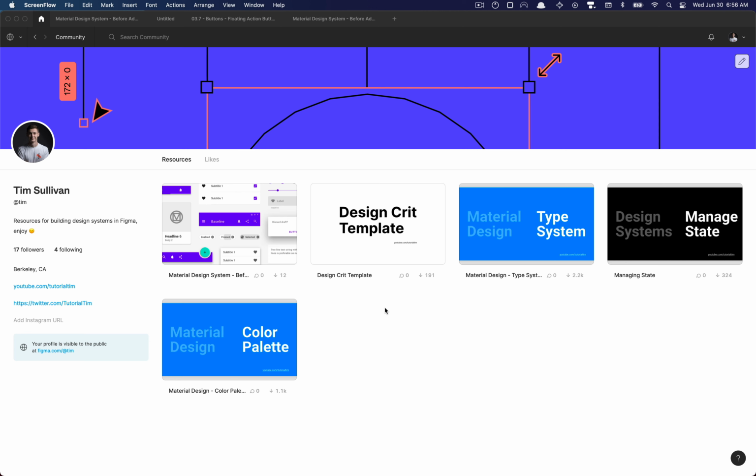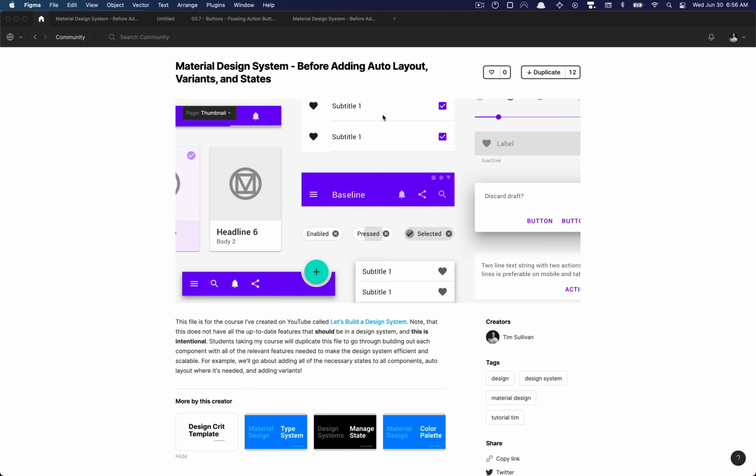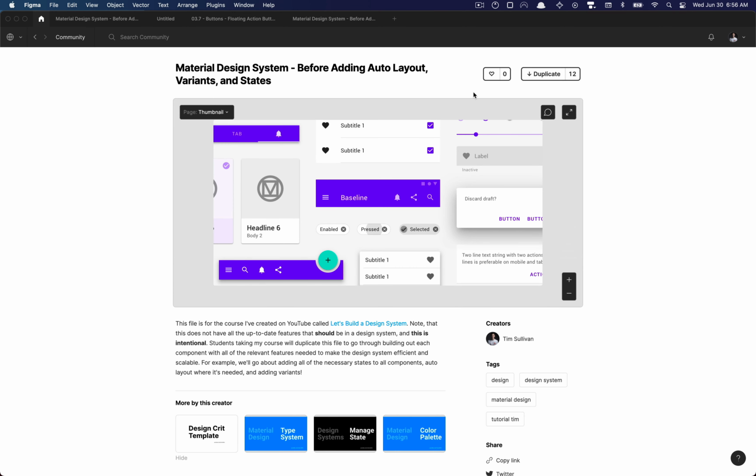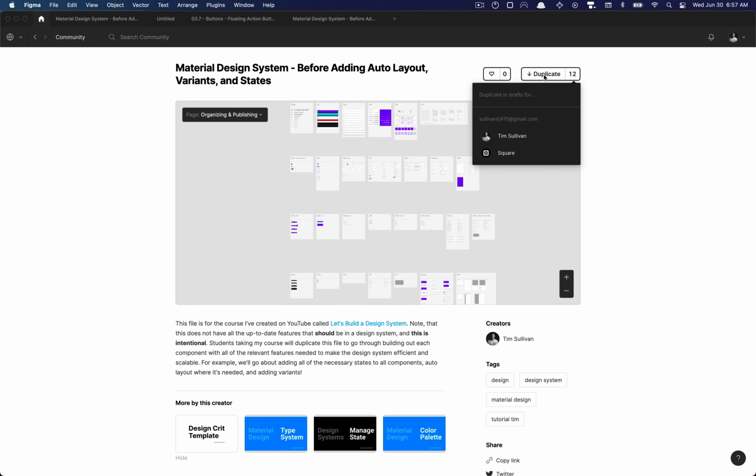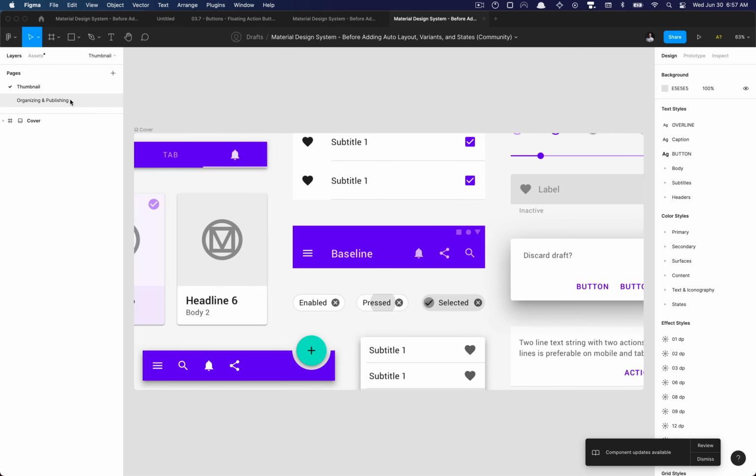Now, some things to note as we begin this part of the course is we'll need to have our file. So here you can go ahead and duplicate my file in the Figma Community Beta. The link will be in the description. All you have to do is click on this button right here, or you can view this here. And you'll see that there's a thumbnail page, and we'll have all of our components here to access. All you got to do is click duplicate, select the account you want it to be duplicated for, and then